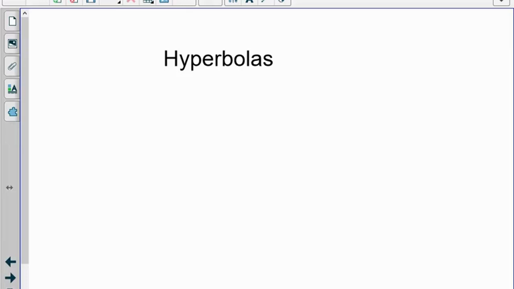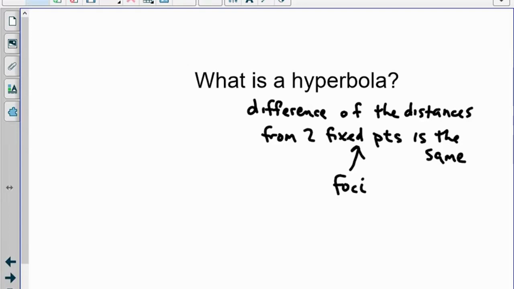The next lesson is on hyperbolas. Hyperbolas and ellipses share some similar traits, but they also have a lot that are different. So we will explore those in this lesson as well. What is a hyperbola? Well, remember when we looked at an ellipse, it was the sum of the